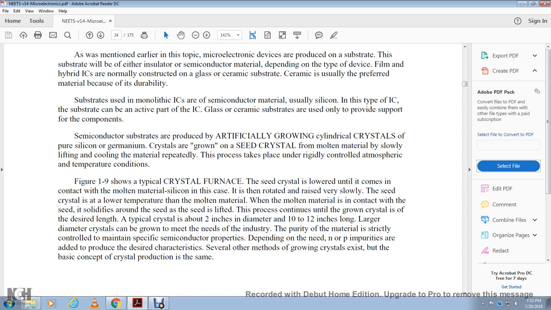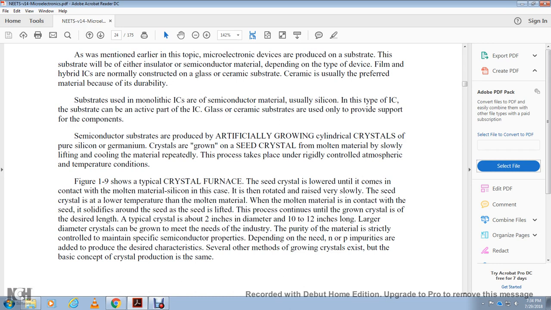So it's a typical crystal furnace, with the seed of the crystal lowered until it comes into contact with the molten material, silicon, in the crucible. The seed rotates and is raised very slowly, at a lower temperature than the molten material. On contact with the solid seed, the molten material solidifies around the seed, and the seed is lifted as the process continues with the growing of